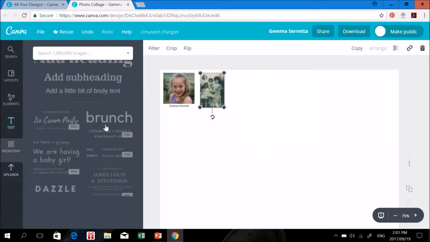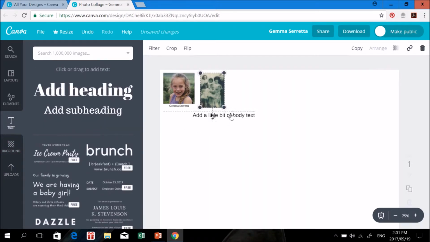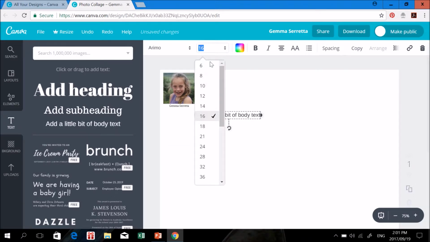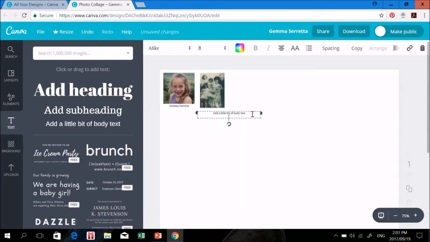Once again, you go down to text and you can just pull that across. Once you're in text, you can just choose your font over here and type into over here whoever the family member is. Move that to underneath the photograph and you can just pull that in. Okay,